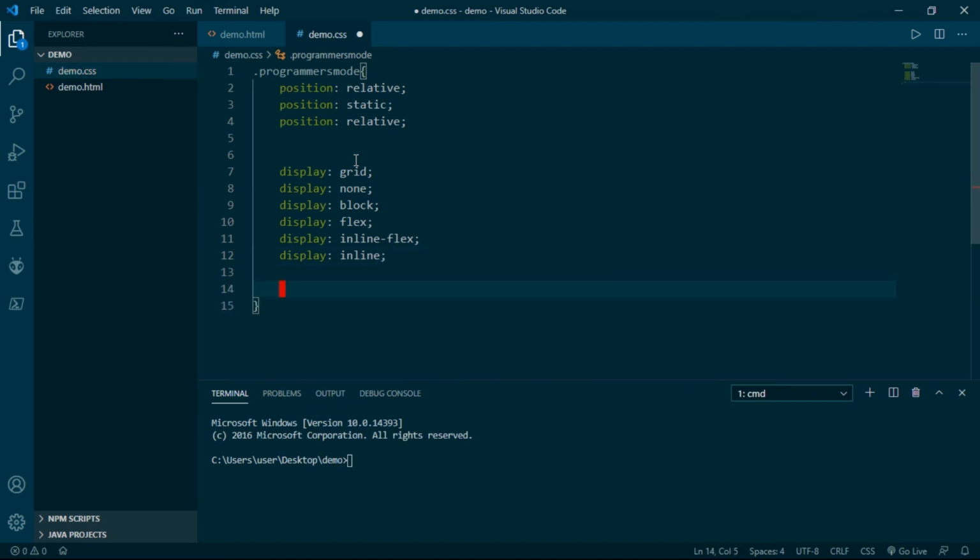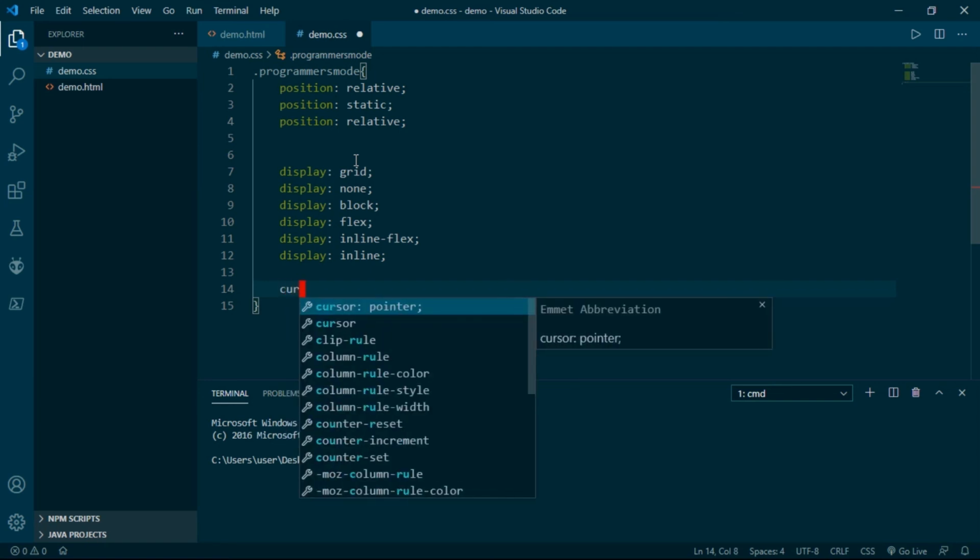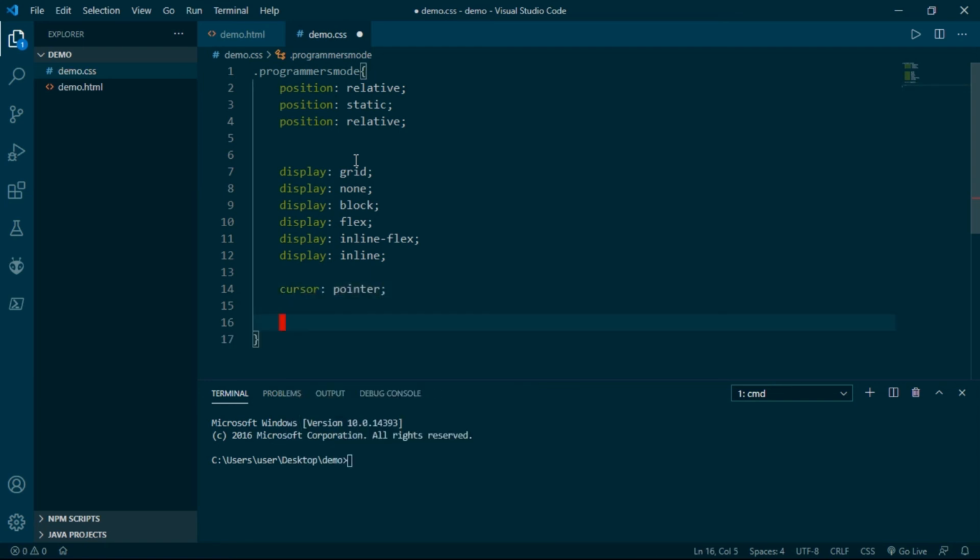So now let's move to cursor. For that, you just have to write cur and hit enter. Let's play with margin and padding. So here you have to write m and hit enter. And you can specify whatever margin you have to give. Suppose I have to keep my margin auto. So for that what we can write is m:a and hit enter.